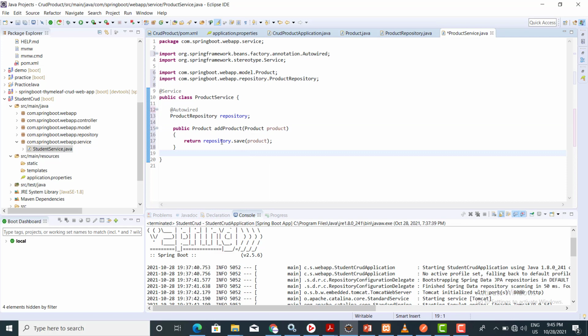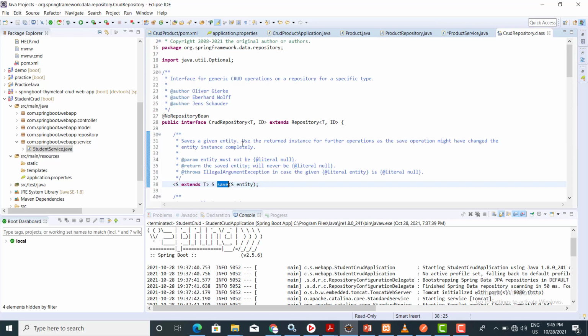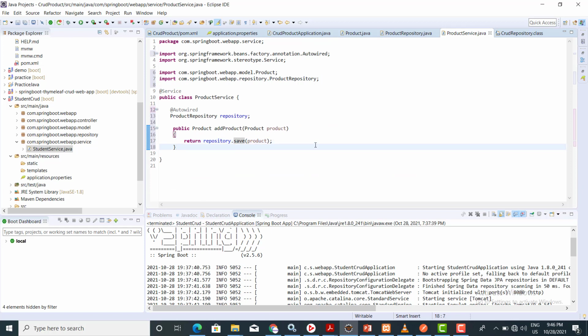Now this save method is an inbuilt method which is present in the JPA repository. So when you click on it, here we will get the save method. Now this repository gets called in the service layer.